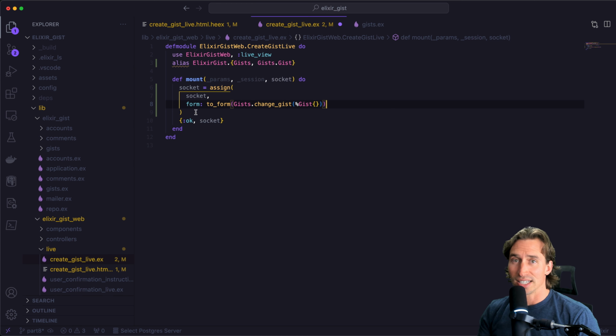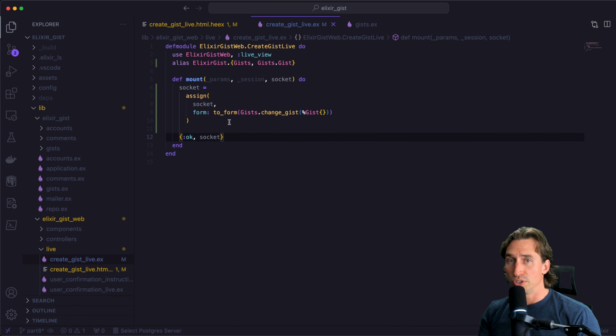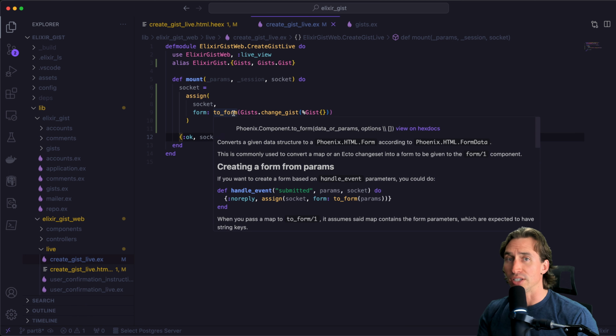And then we still return the tuple with the OK atom and now the updated socket. This is all we'll do in our live.ex file in this video, but we'll be coming back in the next one and using event listeners that will be used to validate form data and persist it to the database. So jumping back to our create gist